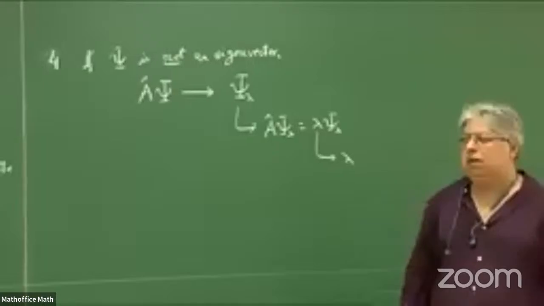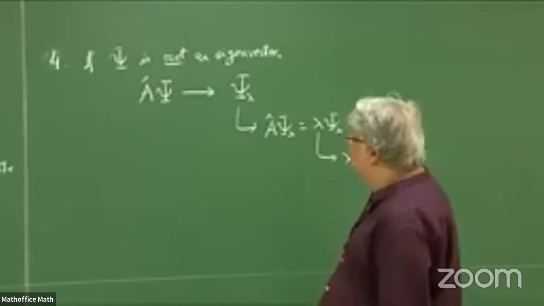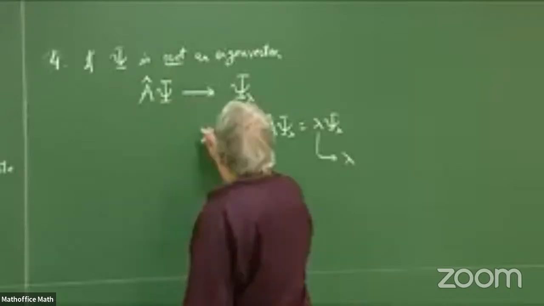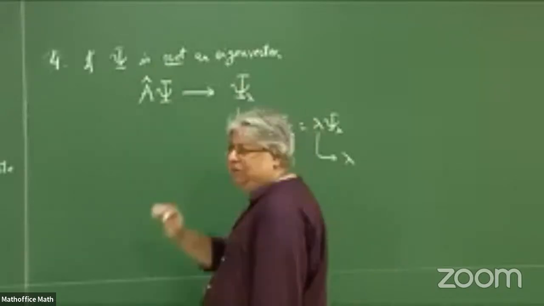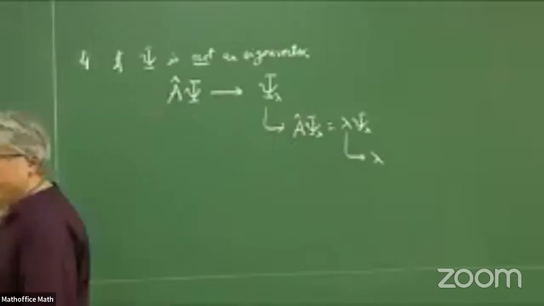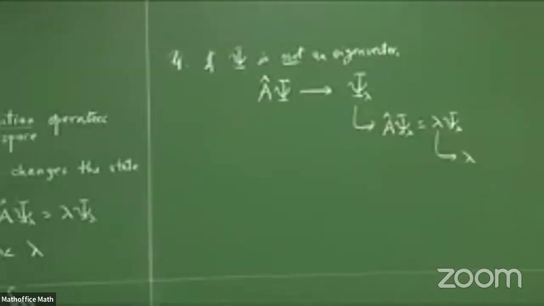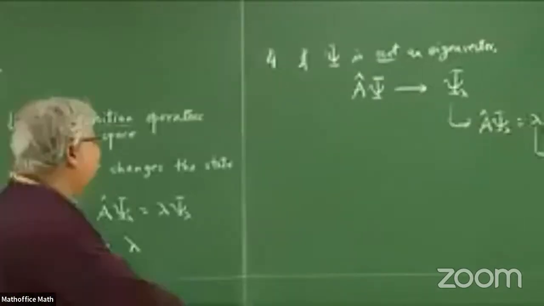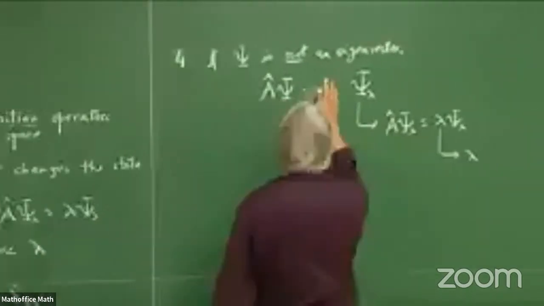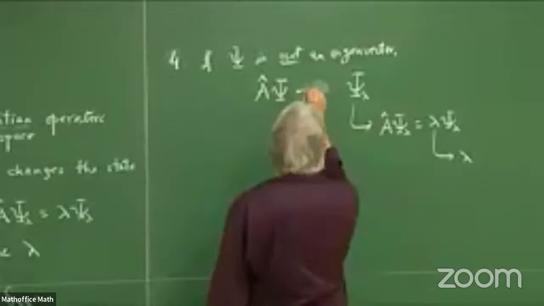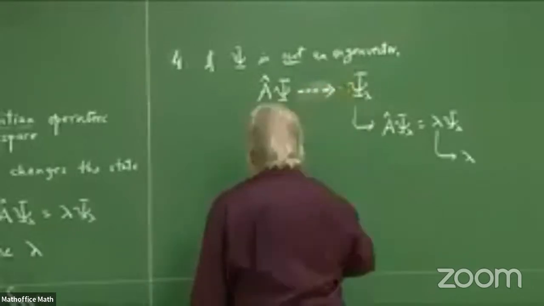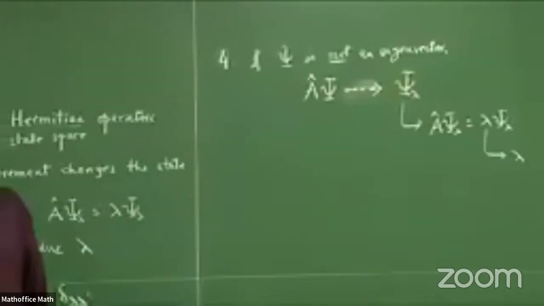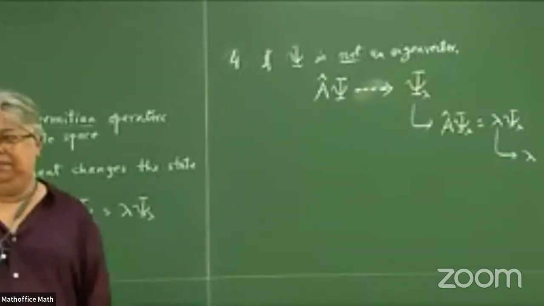Sorry, you're not saying that A on psi is equal to psi lambda, right? It's like the arrow. No, it pushes it to psi lambda. It's not a mathematical symbol. I could use something else, so that it's clear. It's not that it gives you this. This will happen in the physical system.